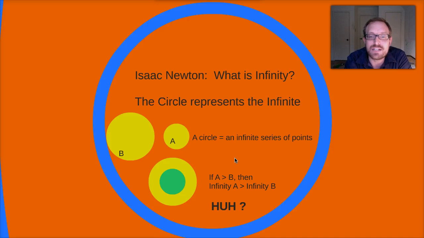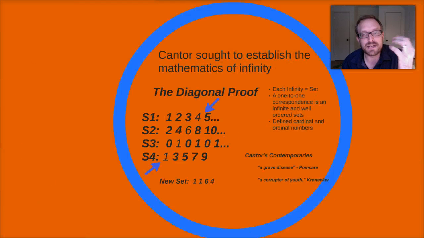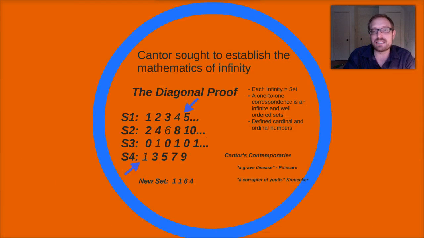And in fact, that's essentially what Isaac Newton thinks. And he just says, well, we're not exactly sure. The infinite might just be beyond the ability for the human mind to comprehend. Well, going back to Georg Cantor, Cantor cannot agree with that. Cantor wants to establish the mathematics of infinity. And he wants to demonstrate, he wants to prove that there really are multiple sets of infinity, right?